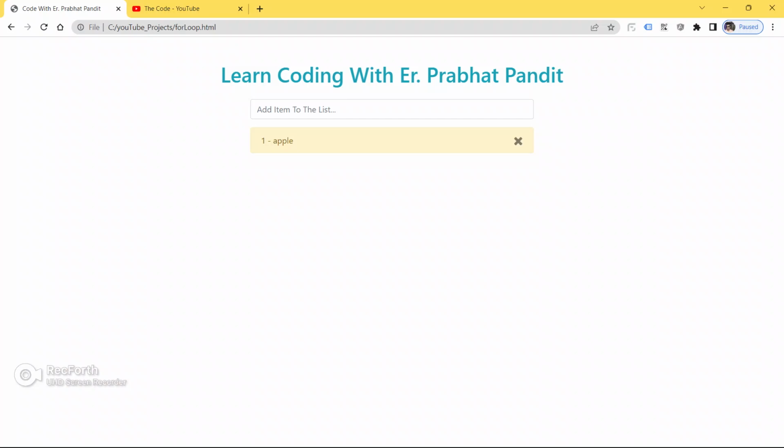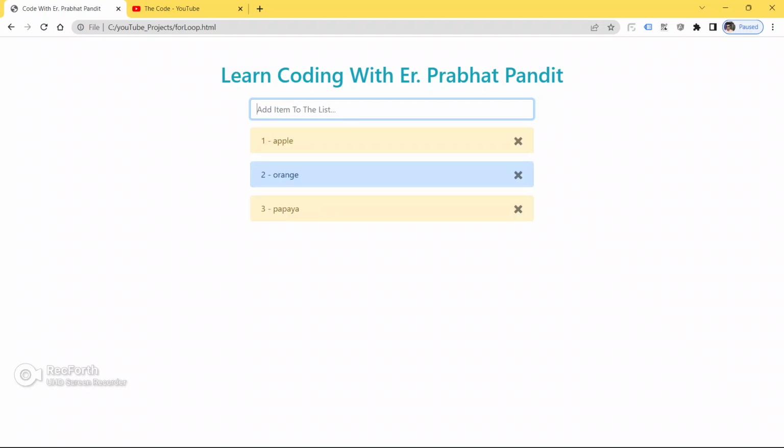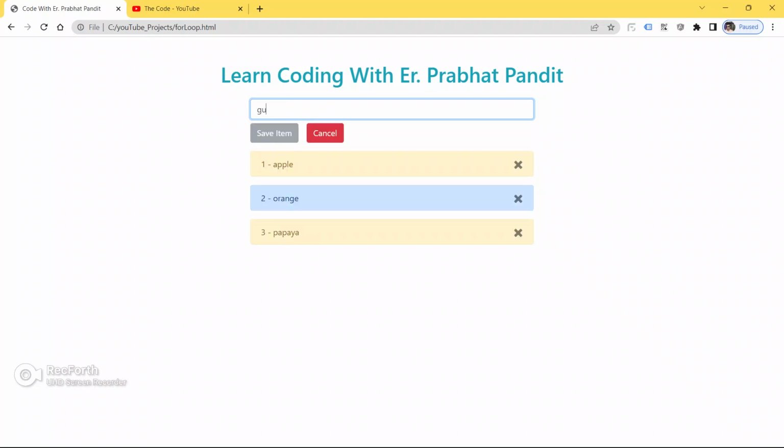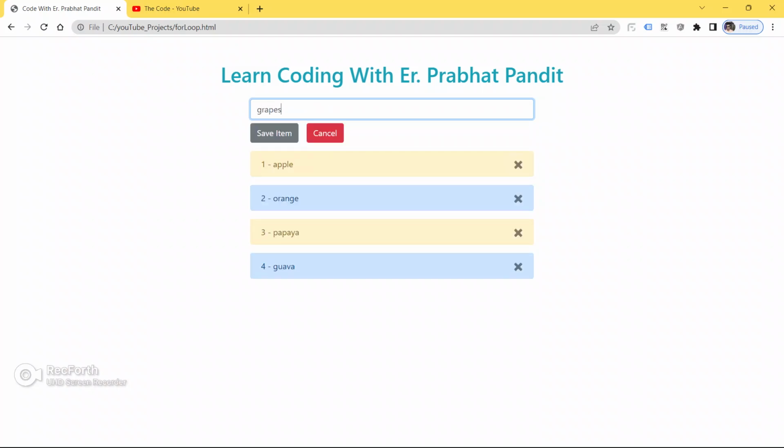Let me put orange, click or hit enter. Let me put papaya, hit enter. Let me put guava, hit enter. Let me put grapes.